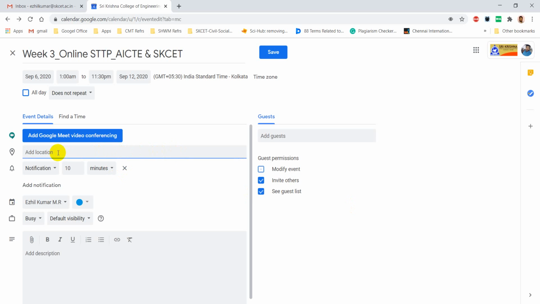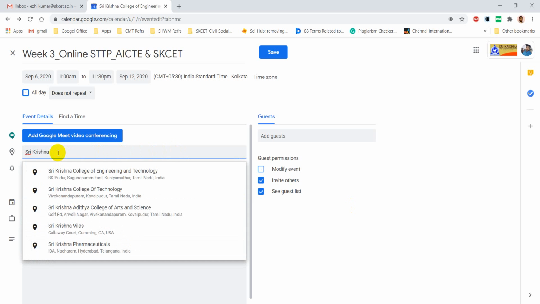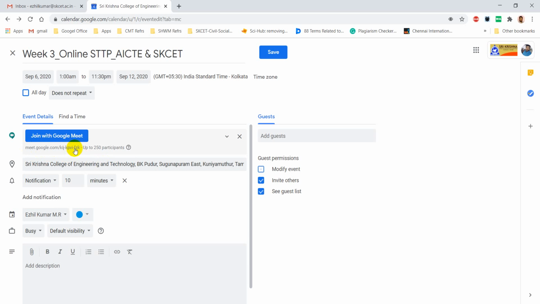So here the location that I am adding is Sri Krishna College of Engineering Technology, which is already present online. And now I am clicking this option to enable the link for the Google Meet video. So this is the permanent link, you can see.